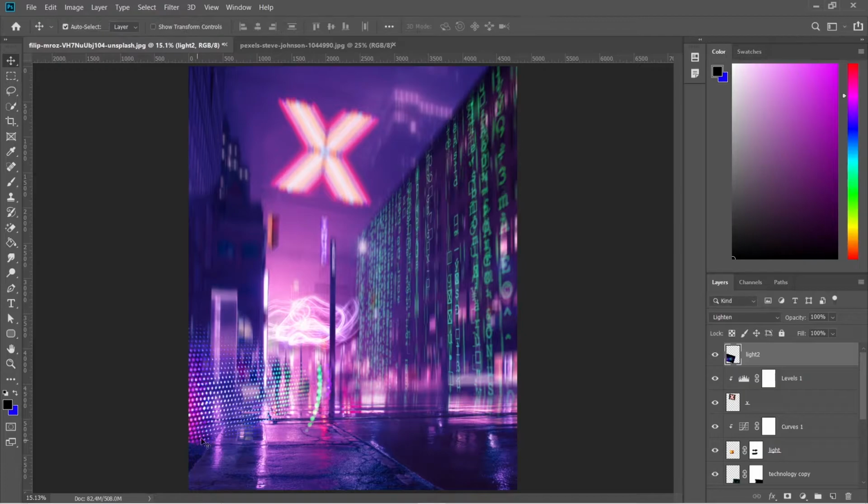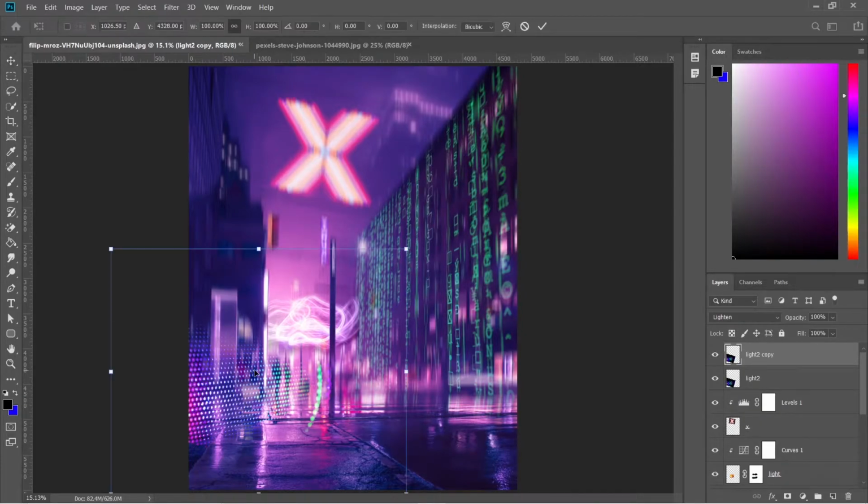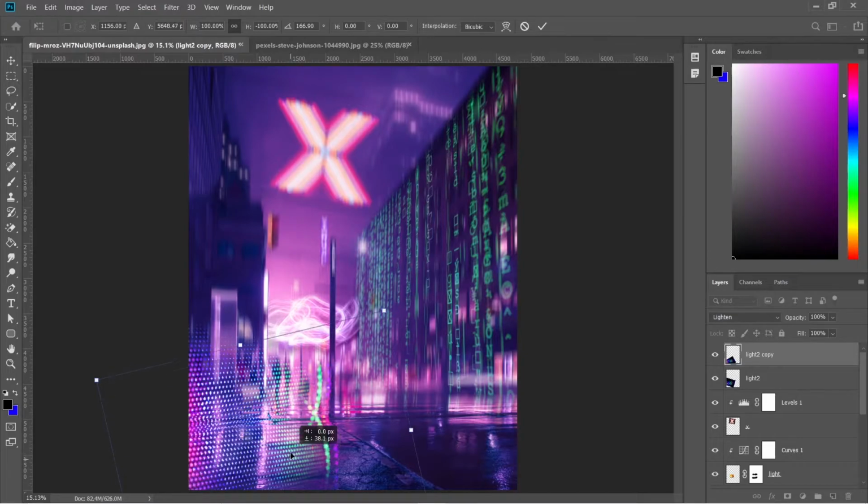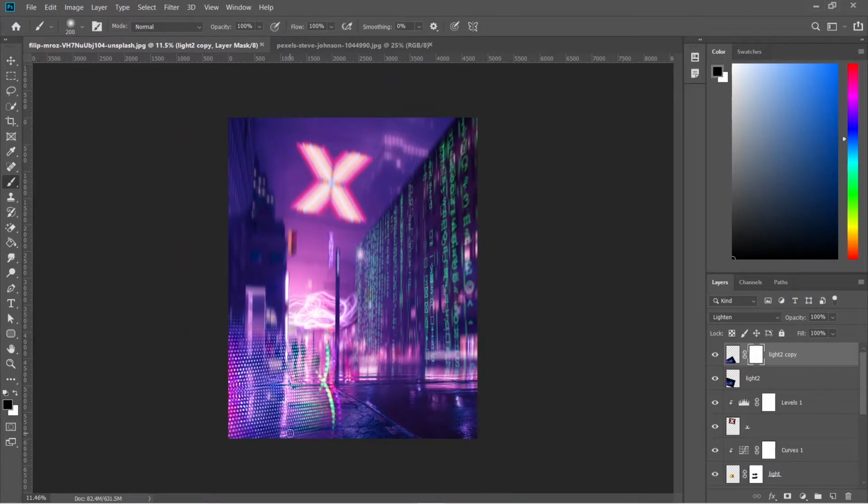Also we need the reflection of this, so duplicate it and flip it vertically. Hold shift and drag it down. Let's rotate it. Also add a layer mask and clear the below pixels.